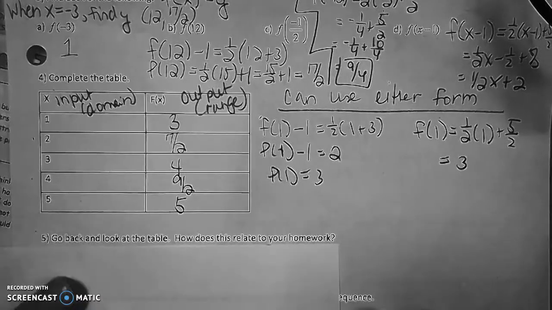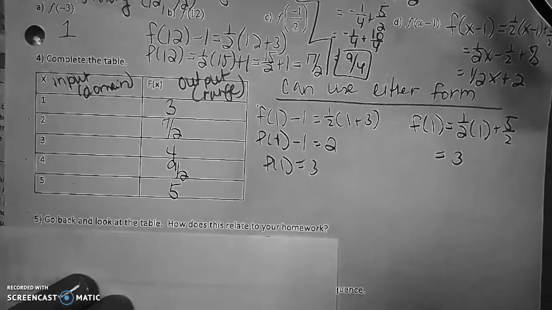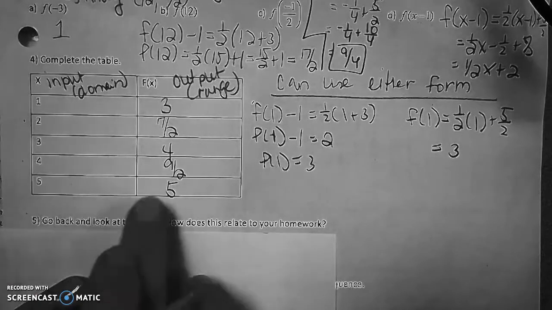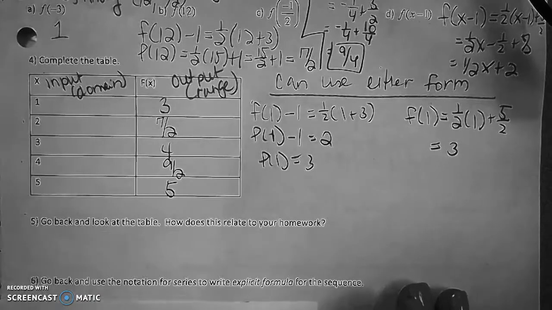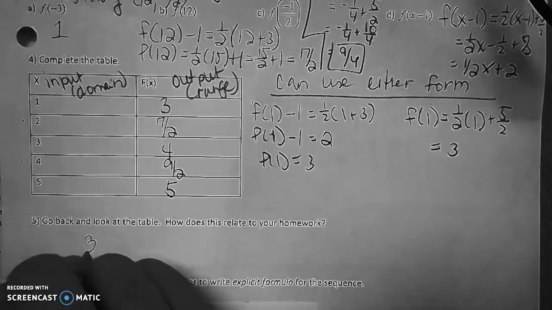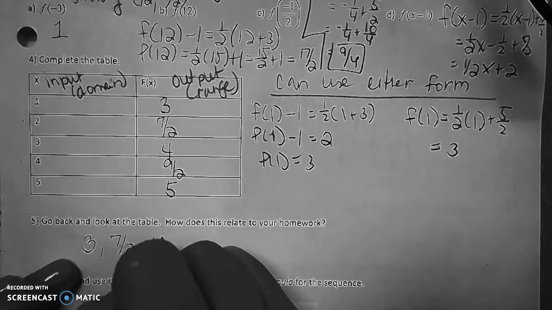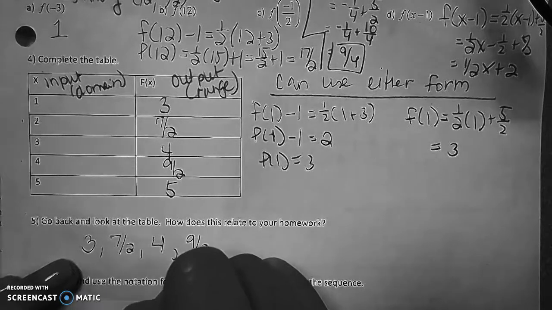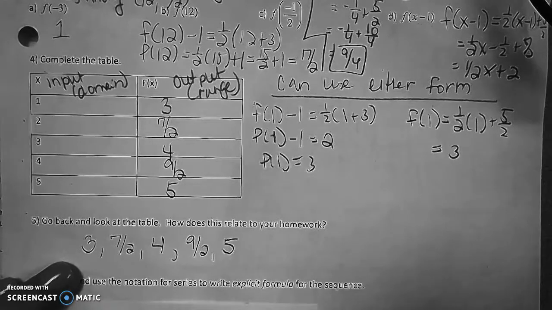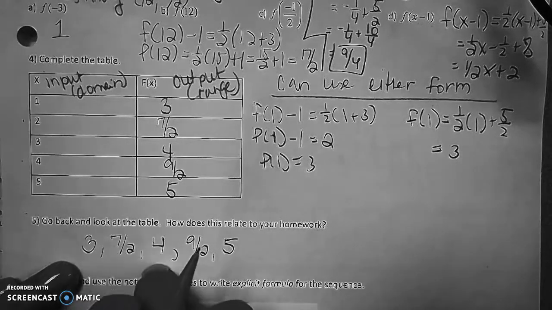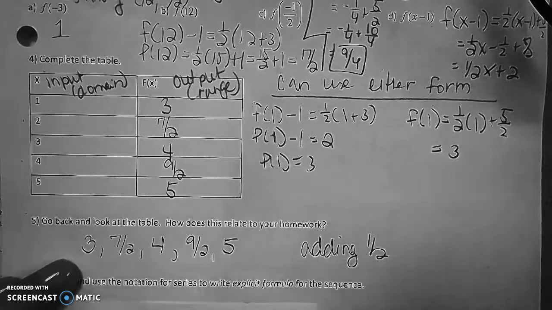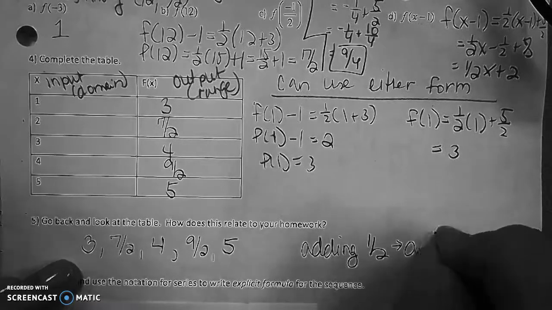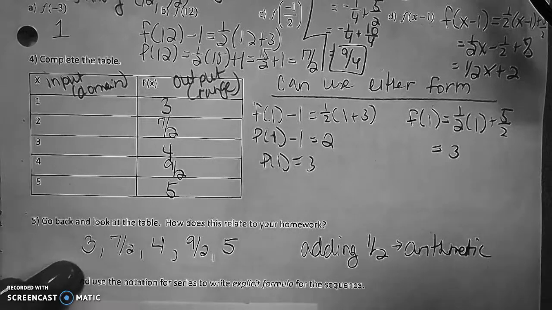Now let's look at this next question. Go back and look at the table. How does this relate to your homework? Well, if you look at it really closely, think about these y values: 3, 7 over 2, 4, 9 over 2, and 5. You've just written a sequence. What's the pattern? You are adding 1/2. This is an arithmetic sequence